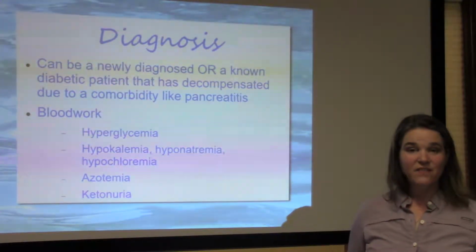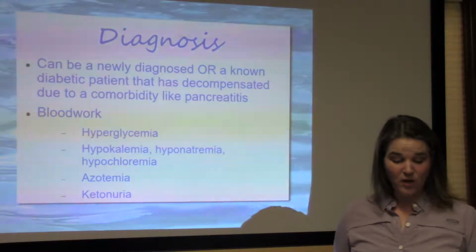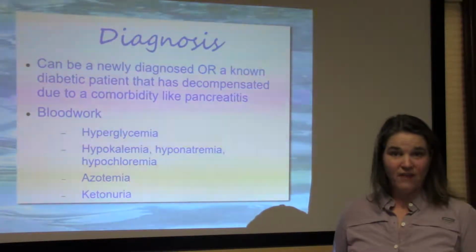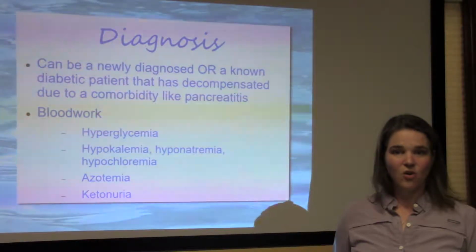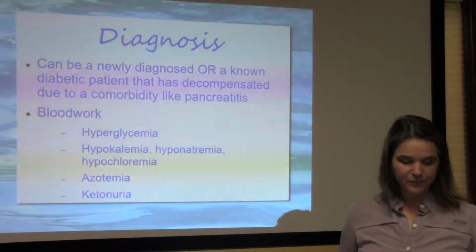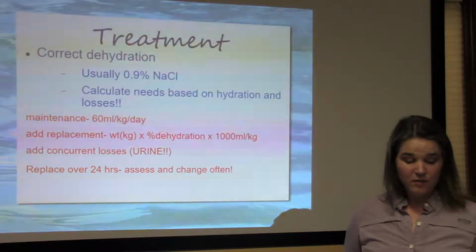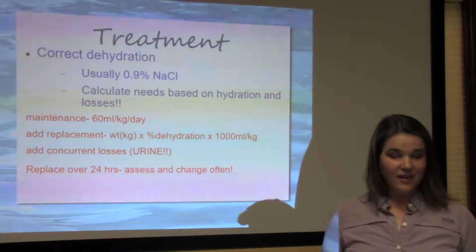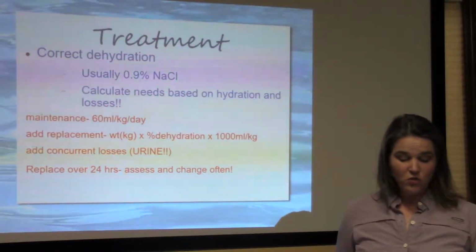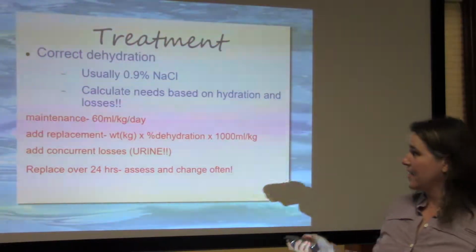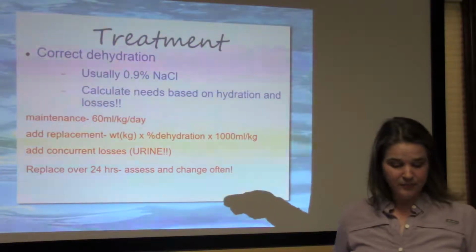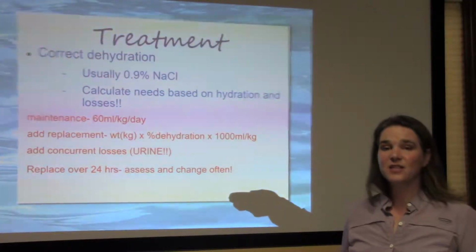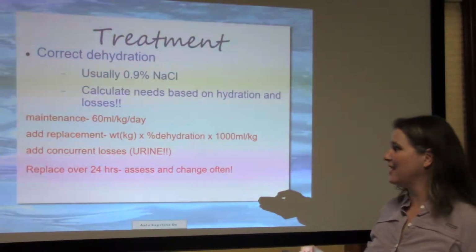You will notice a very clear urine that looks like water, but the urine has a very high specific gravity, and it's the glucose in that urine that is causing that high specific gravity. The first step to treatment is to correct dehydration, or at least begin to correct it. Usually we will choose physiologic saline as our replacement fluid, and we have to calculate our fluid needs.